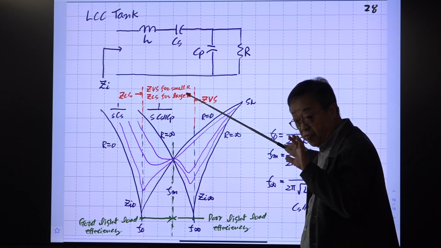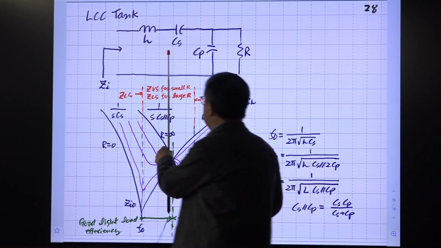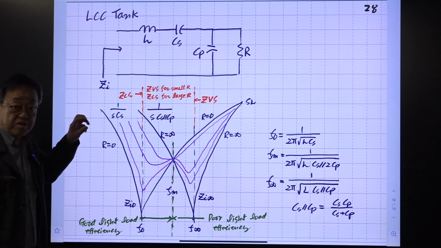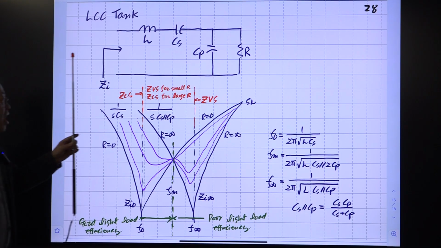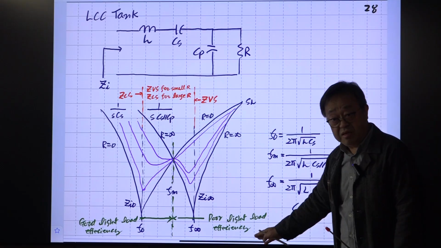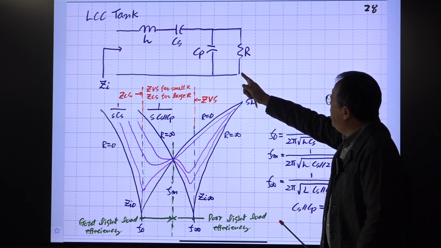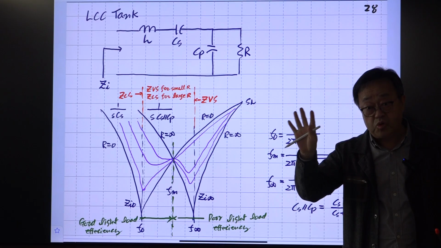How small? You can define it later on. We will provide one critical value for the given frequency, which determines the separation between GBS and GCS. So in general, for small R, GBS occurs, and for large R, GCS occurs. This is bad for the MOSFET device, because for MOSFET switches we need GBS operation, but in this region the line-node efficiency is bad. So this LCC configuration is bad for MOSFET switches. Never use this for the MOSFET switch.